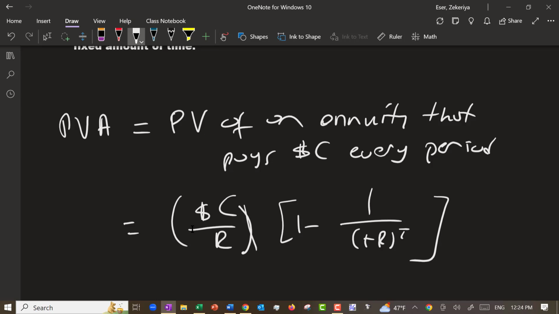But again, we're civilized. Excel actually has a function called,